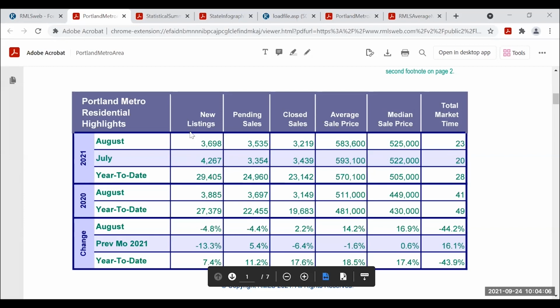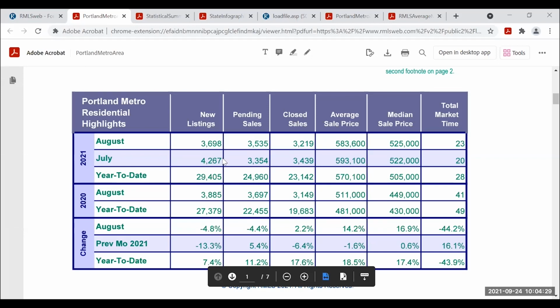Okay, so down here, August this year compared to August last year, new listings, we're down 4.8%, just a little bit this year compared to last year. And then it's comparing August, the current month of this report, to the month prior.